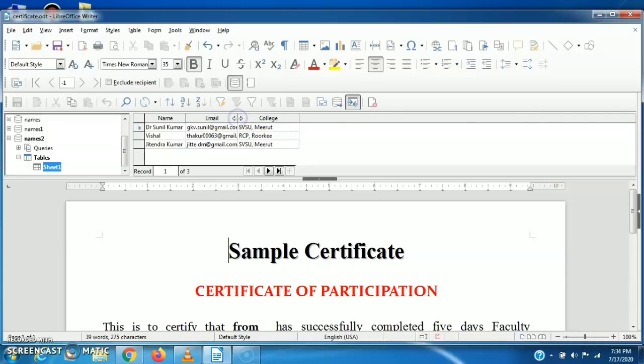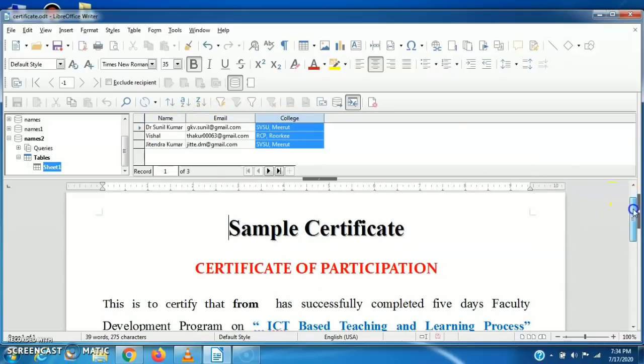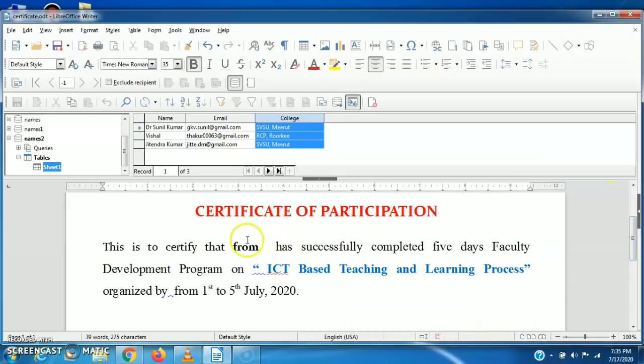And we can see here name, email, college name. These are called match fields. And this is our sample certificate. This is to certify that, from here we require the name and here we require the college. We can add more match fields as per our need.